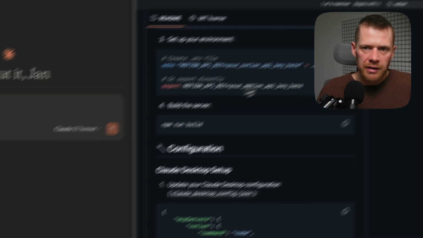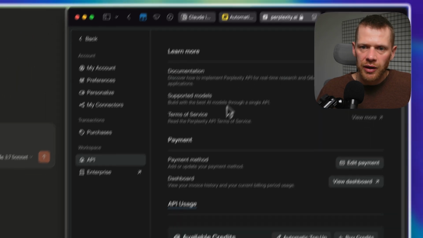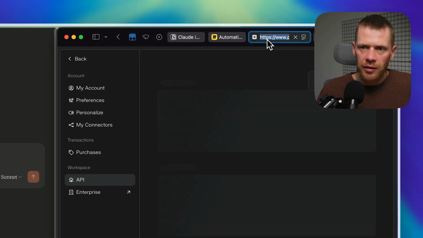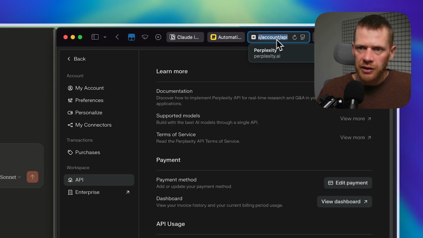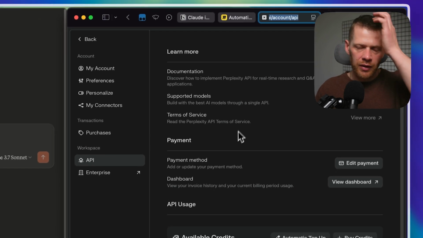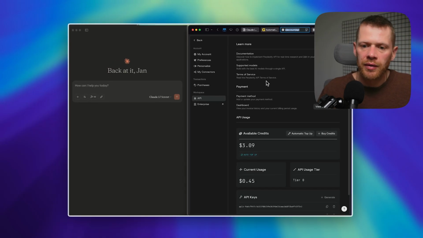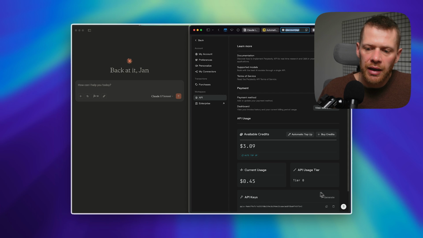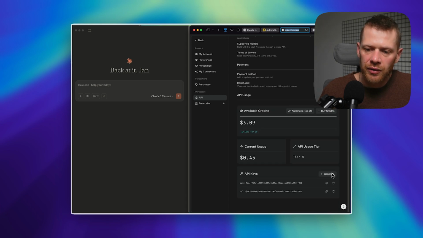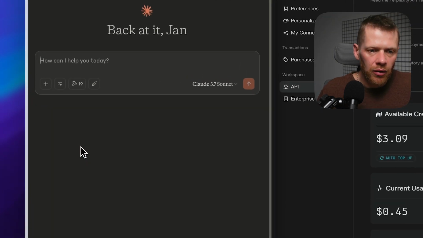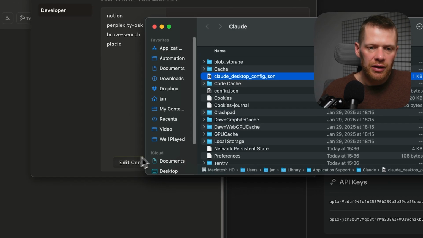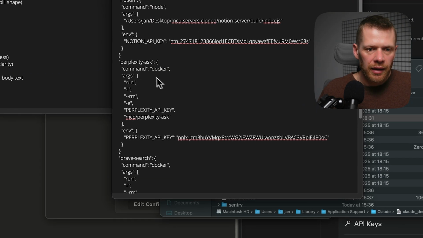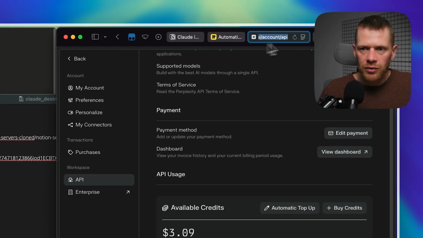Next, so Perplexity is a little bit easier. What you have to do is you go to the Perplexity API. So it's perplexity/account/API. Obviously you need to create an account first, and you need to create an API key. You can hit generate here, and you're gonna go back to Claude, back to settings, developer, edit config, open the file again, and let's go to